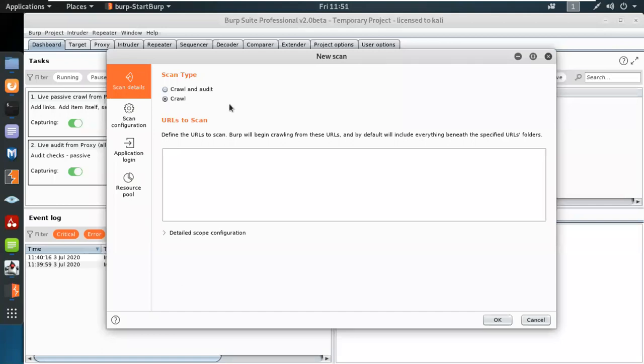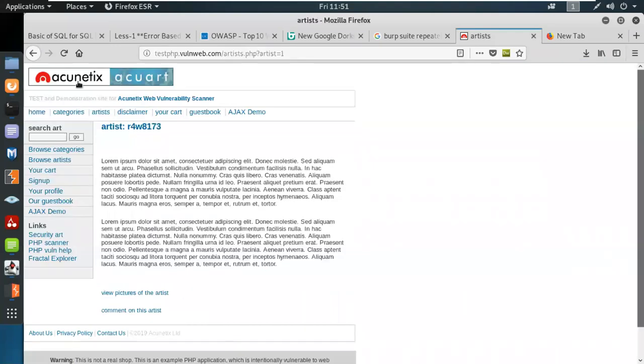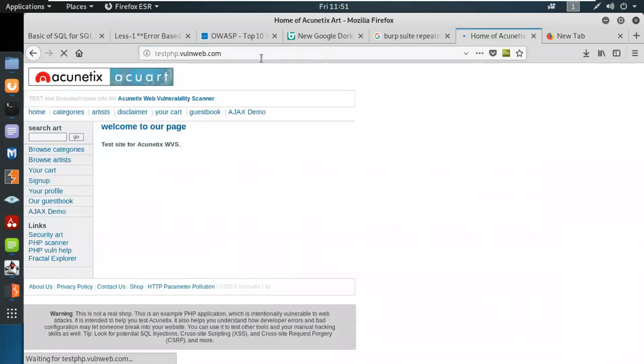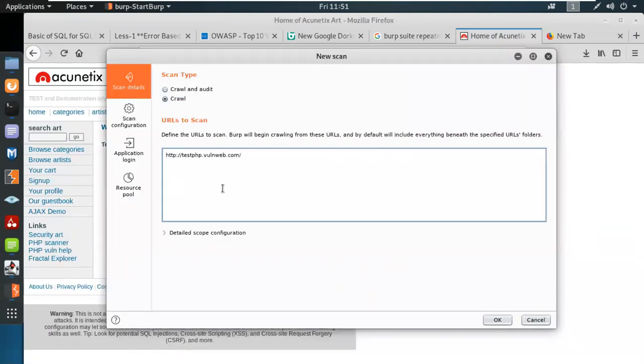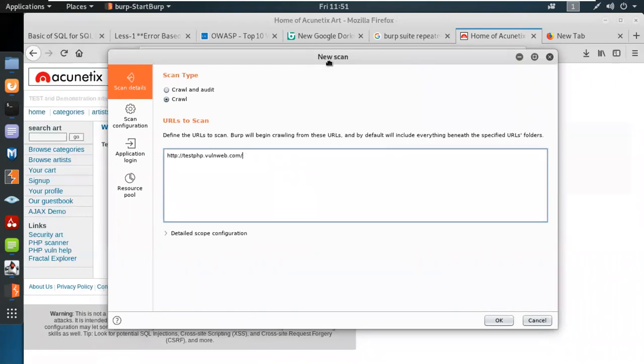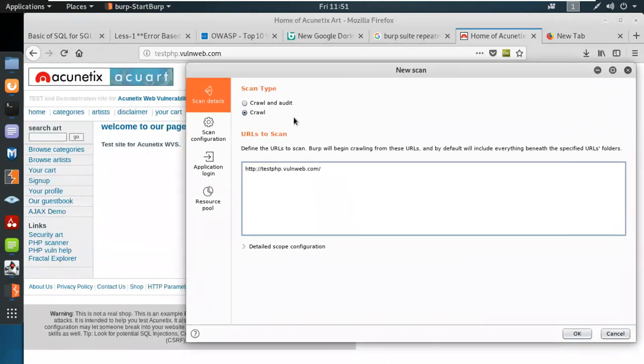So if you select crawl, all you have to do is give the IP address of the target. I'm gonna copy the domain name and paste it over here. The main objective of using the new scan is to identify the number of parameter values which are hidden to me. So if I press OK,